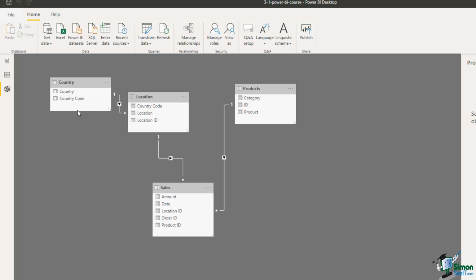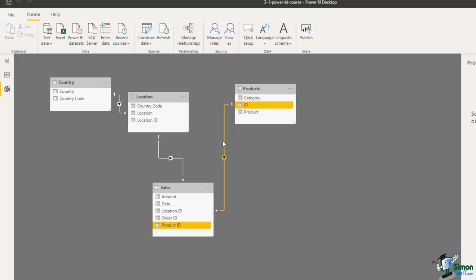If I hover my mouse over any of these relationship lines, it highlights the two key fields. So you can do that to double check that Power BI is using the right fields. You will certainly notice when you try and use them in the visual, like we have at the moment with our category sales. I know this product is working because of that visual, but just hovering over is a nice